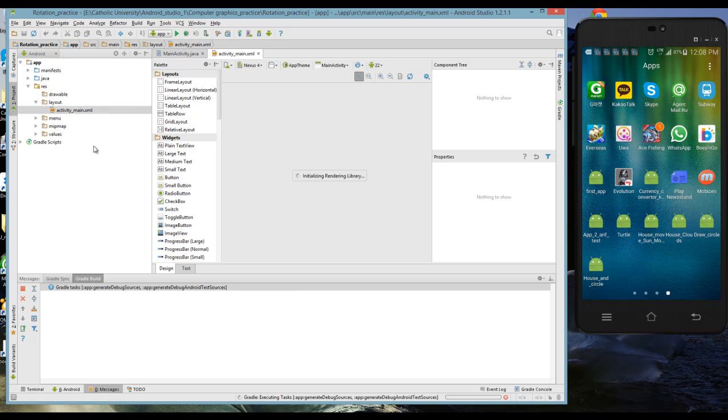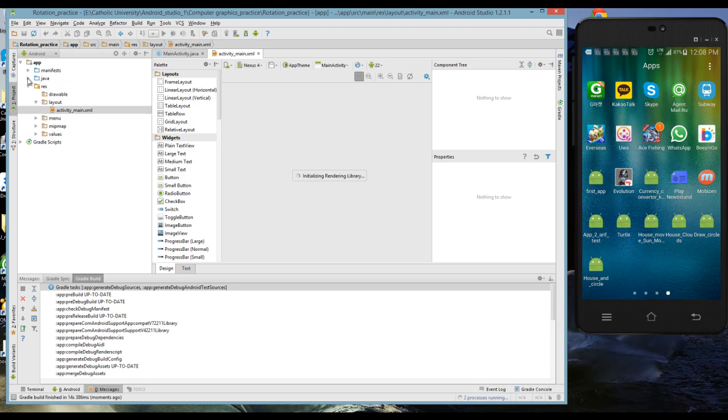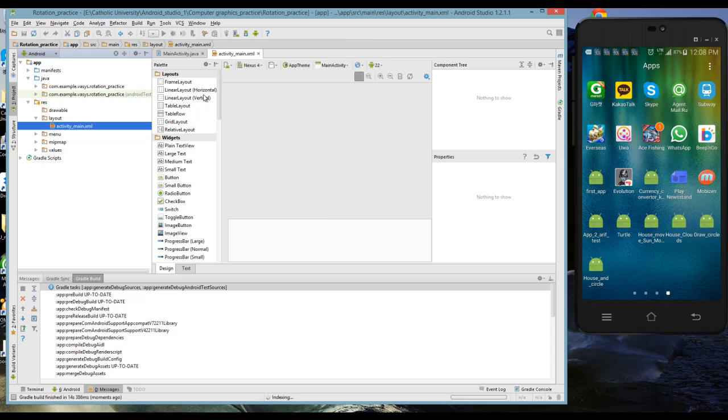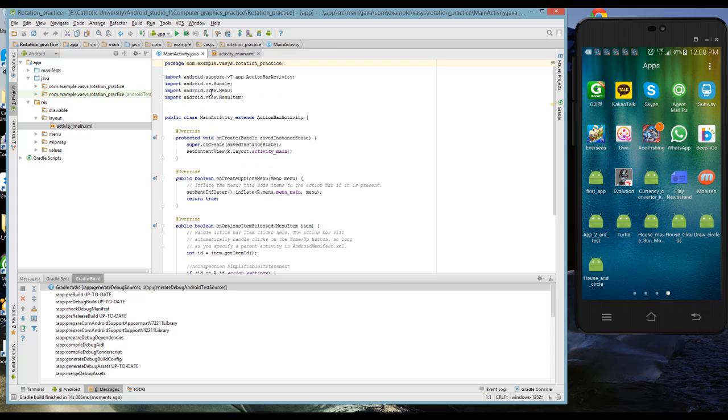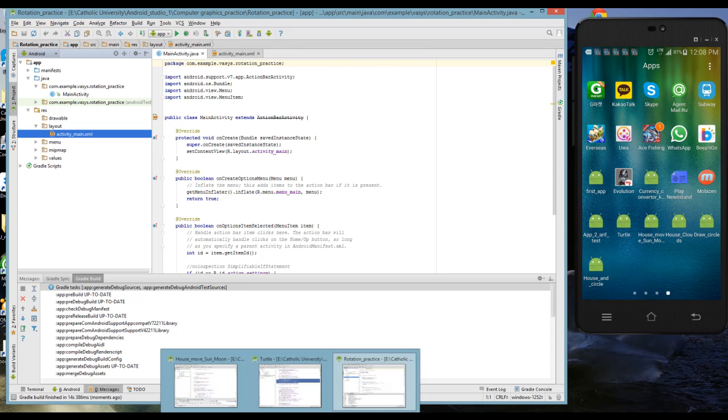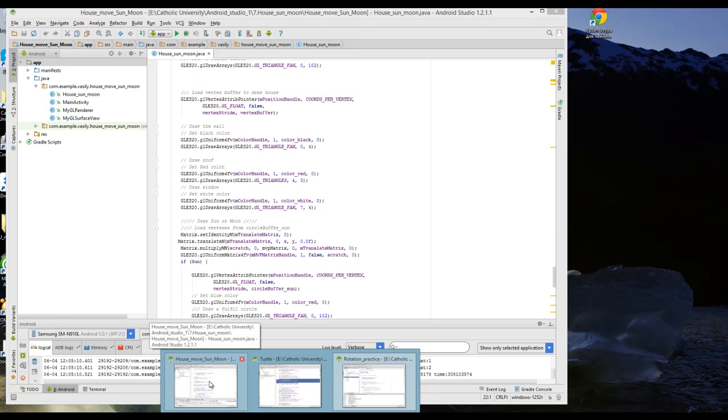Okay, this is our new application, which has the name rotation practice. Okay, so here we will need to modify our Java files, Java classes here accordingly to our graphical application. We did it a few times, so I will just skip that moment, and finally I will come back when all files will be fixed. So for example, here we can